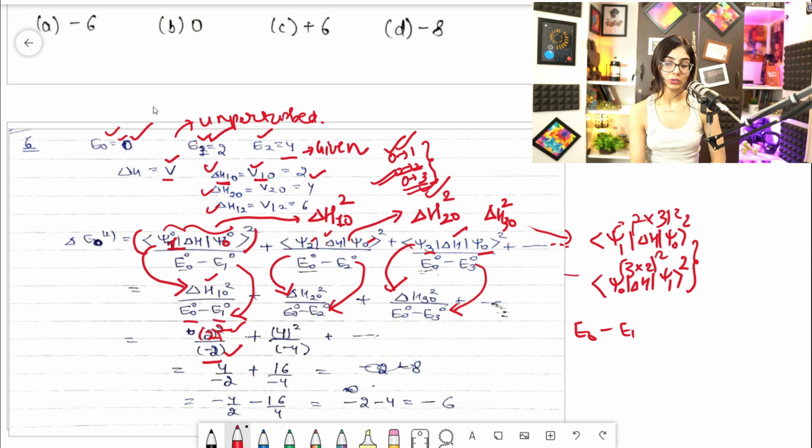Fine. Now coming to the second one, that is 2 0, del h 2 0. So del h 2 0 is V2 0, and V2 0 is 4. This is given. So it would be 4, and I'm putting the value of this, and it will be 4 square. Square is already there. I'm just putting the value. Del h 2 0 is 4. So I'm just putting it over here, and it is 4 square divided by E0 minus E2. So E0 minus E2 would be 0 minus 4. So I have written minus 4. Clear? Plus